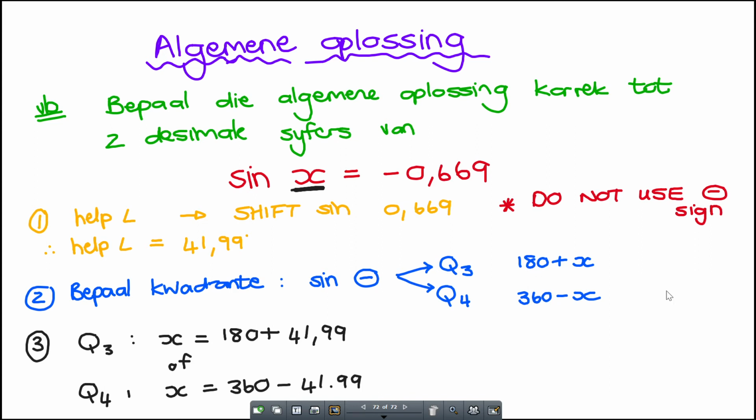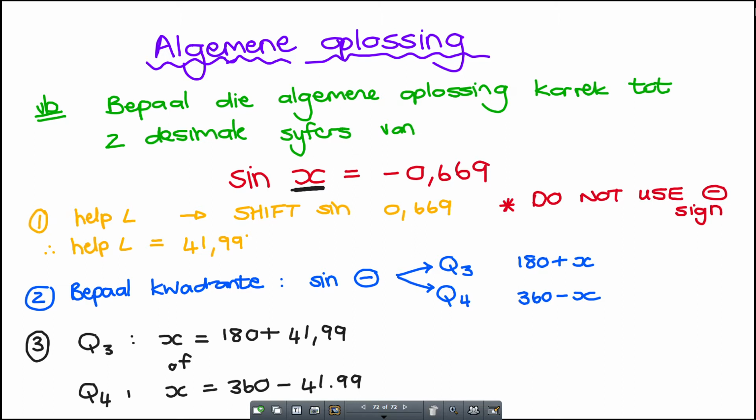Okay, so we said step 1 was get that half angle, step 2 was determine which quadrant, and then step 3, we started using those quadrants, né? So in hierdie geval, omdat dit kwadrant 3 was, het ons gesê 180 plus my hulphoekie, and in quadrant 4, we said 360 minus that